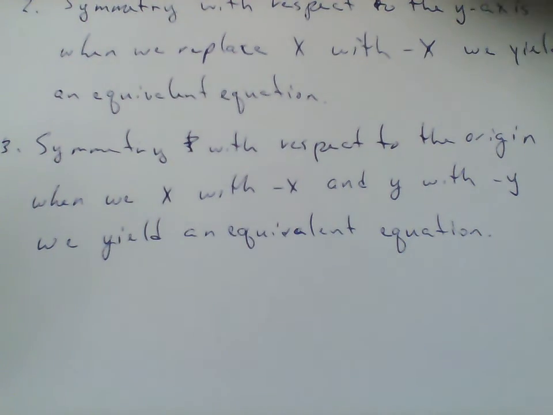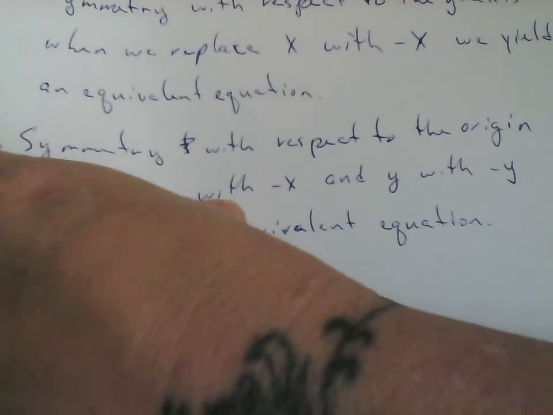Because we're not looking at it in terms of points, we're looking at it more in terms of equations themselves, right? So testing for symmetry, let's look at that. When we are testing for symmetry,